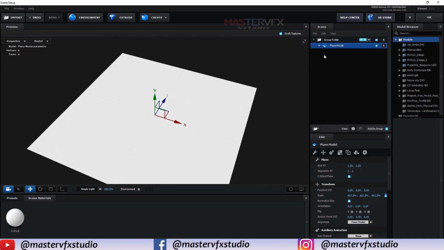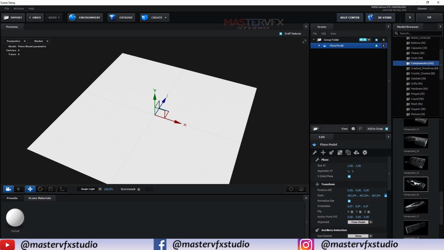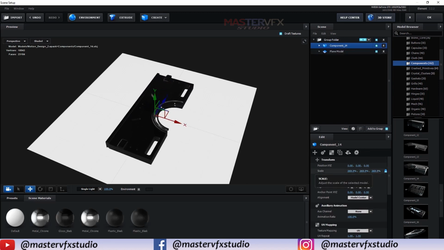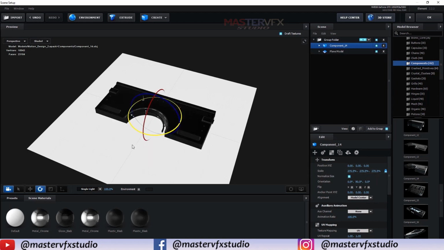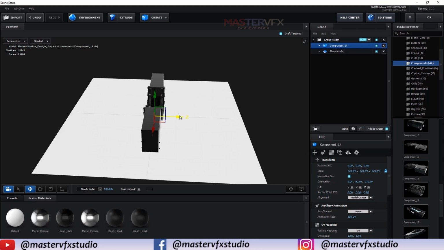Now inside Motion Design 2 pack we are going to the component section, and here I'll choose component number 14. Okay, just normalize it, scale it, rotate it at some angle, and just put it here.